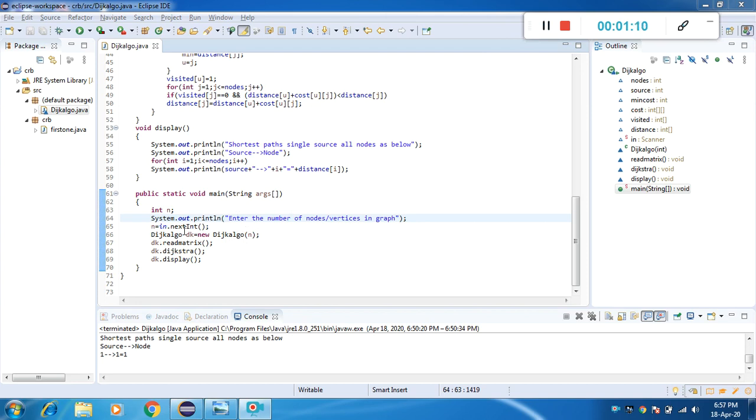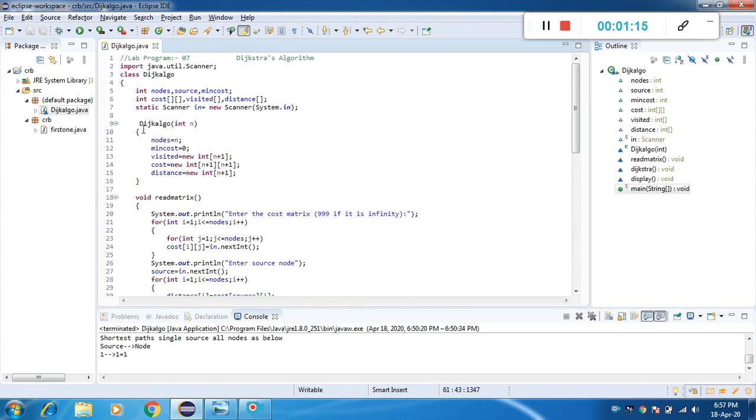When you create this object dk, immediately the constructor DijkstraAlgorithm will get called and it will initialize some values like number of nodes equal to n, minimum cost equal to 0, then visited nodes equal to new int[n+1], then the initial cost matrix equal to new int[n+1][n+1], and the distance between all the vertices is new int[n+1].